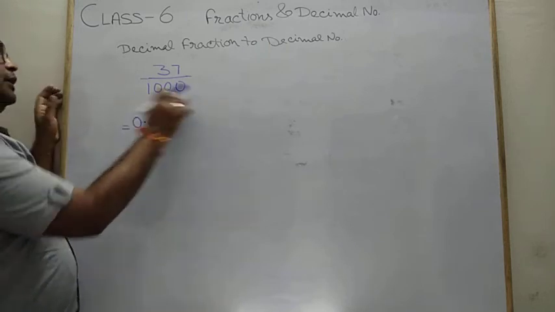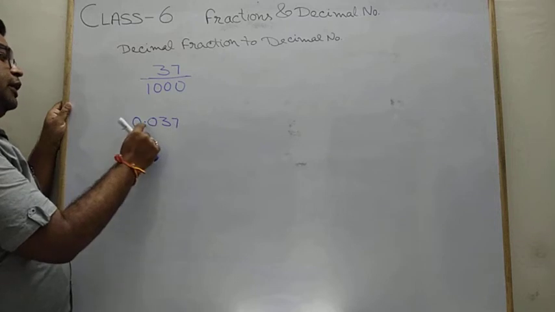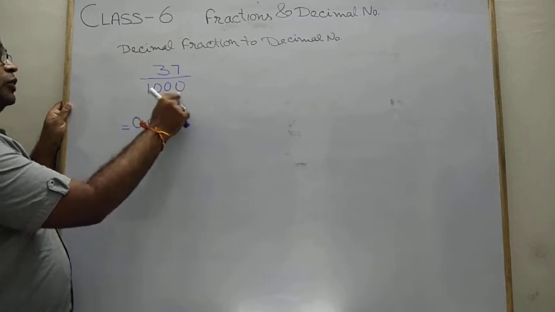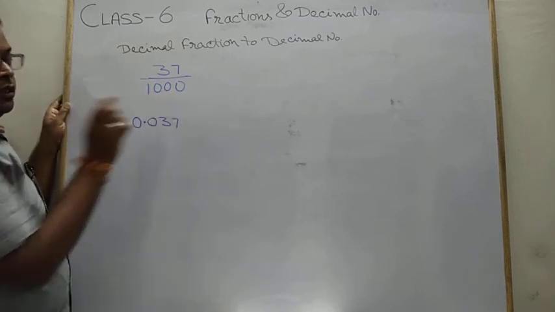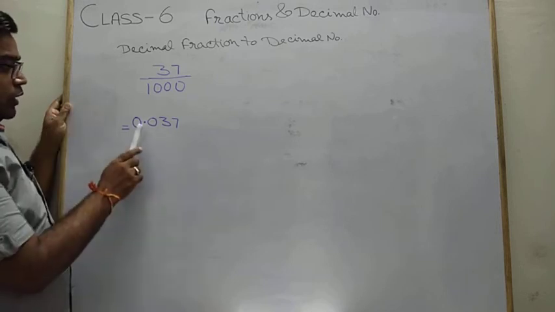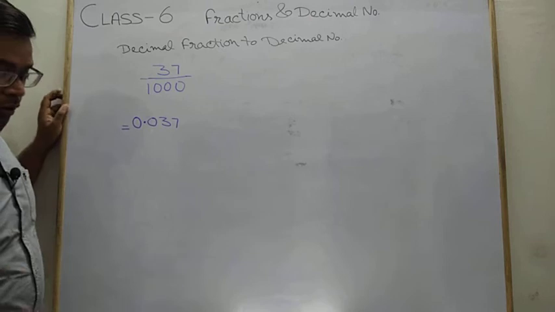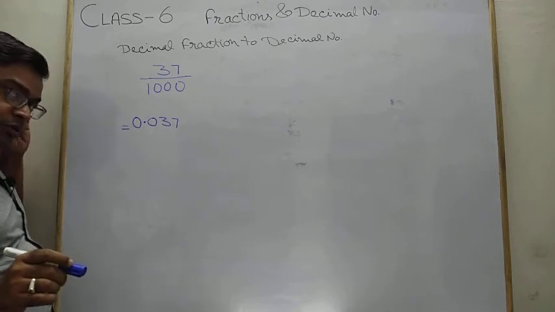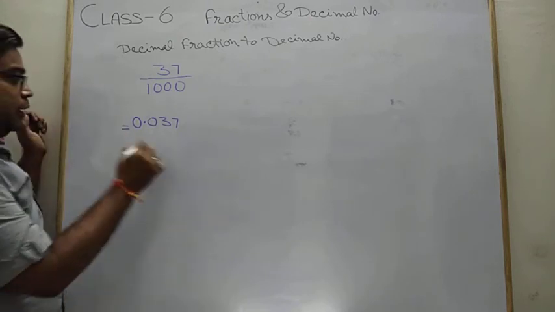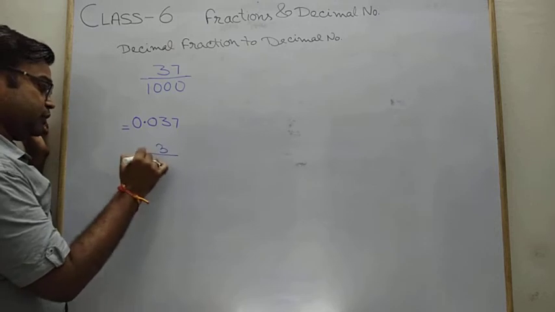Now once again, tally. In this case there is a decimal, clear? Then after the decimal we have 1, 2, 3. We have 1, 2, 3. Three digits must be there. So after the decimal 1, 2, 3, three digits must be there. Once again I am going to discuss one more question. It's 3 upon 1000.